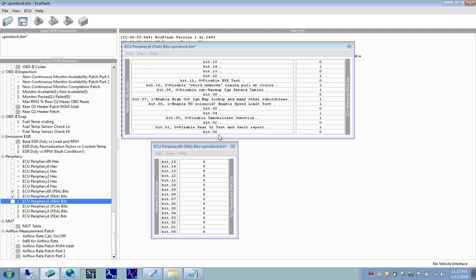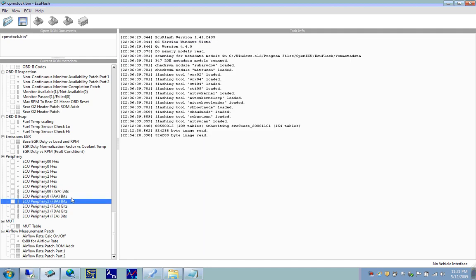There's an ECU periphery for a lot of the functions of the ECU that can be disabled in these ECU periphery tables. So if you're looking to disable something, if you're looking to turn off a particular check engine light because you know it's not anything real or anything that's really a problem, it's going to be done through the ECU periphery tables,